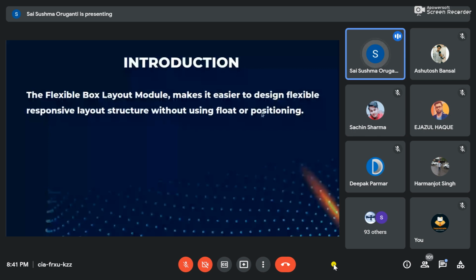See, we will use padding, float, like float left means the item will be aligned to the left of the screen, float right means to the right of the screen, float center of the screen, or positioning like margin left, margin right, or padding left, padding right. We will use these to arrange the items. Instead of using those statically, we will use this thing, grid or flex, to align the items dynamically or for responsive layouts.